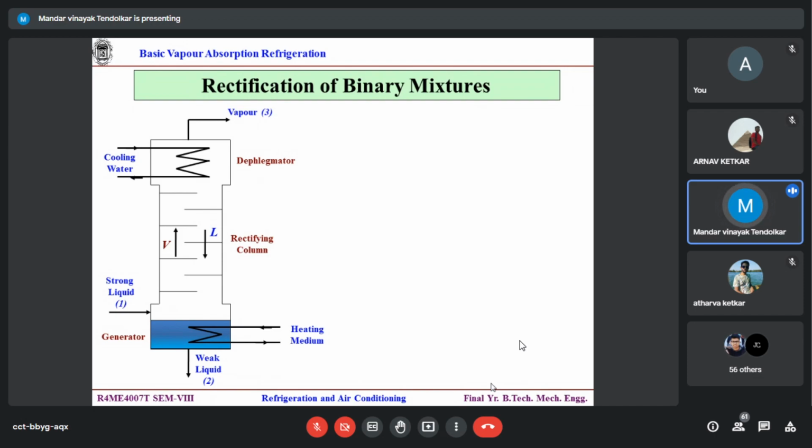So what is the meaning of removing the traces? Increasing the purity. When I remove the traces of the other component, that means I am increasing the purity. So it will be entirely vapor of, let's say, component B and entire liquid of component A. Even if there are some traces of component A, liquid, in vapor phase, heat transfer in between is continuously going